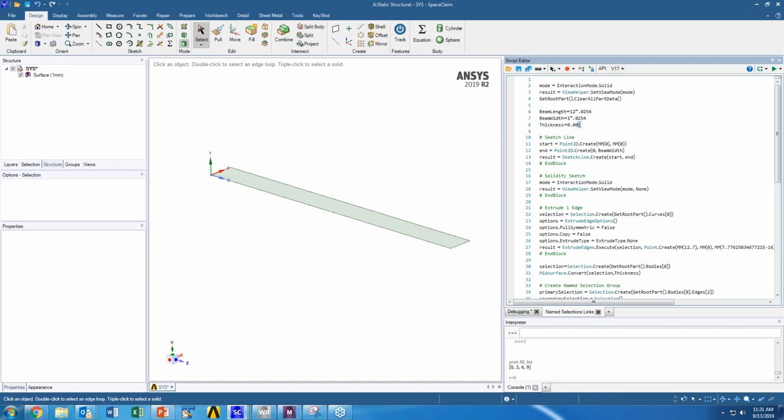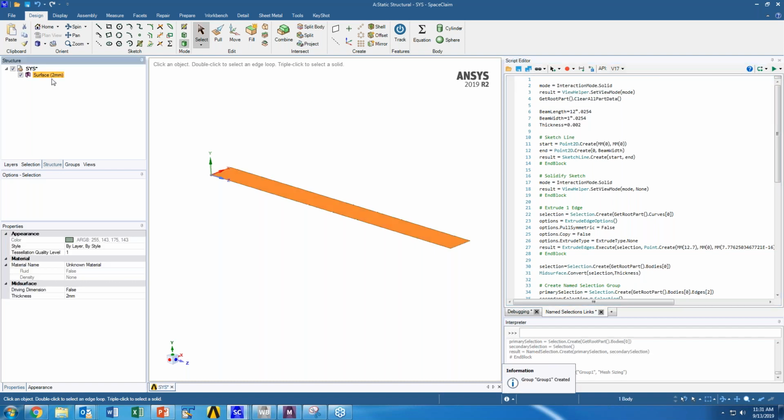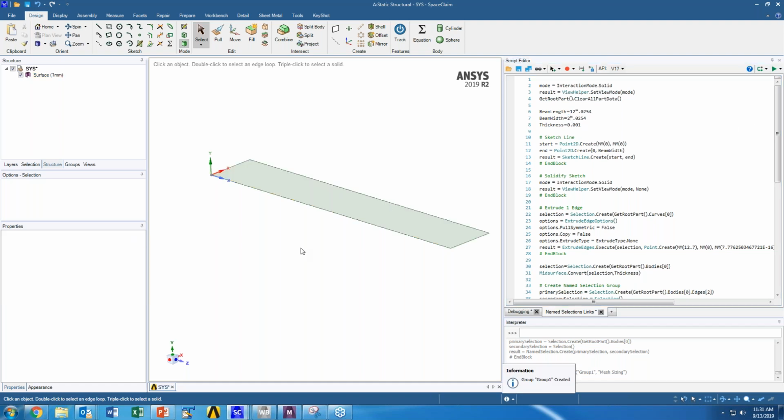So here, if I wanted to modify thickness and rerun this, you're really not going to see much change outside of the fact that this just updated from 1 millimeter thick to 2 millimeters thick. However, I wanted to make a more noticeable change. I could come in here and rather than having this thing be 1 inch wide, I could say this is 2 inches wide, right? And then I'll rerun it and it updates automatically. And that's because in the script itself, I've called out these variables for the various commands that dictate the creation of the CAD.